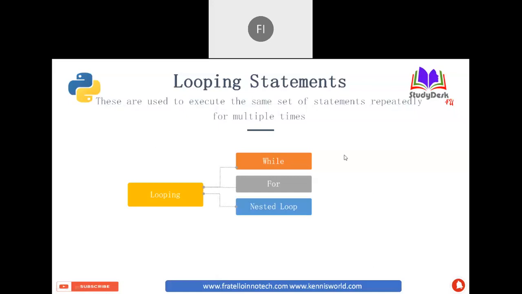Now, when will we use while and when will we use for loop? If you know the exact number of iterations, like maybe you want to repeat the loop 10, 20 or 30 times, or you know when to start and when to stop, for example you want to start with 1 and end with 20, a min value and max value, in such a situation we use for loop. So for loop is mostly used when we know the exact number of iterations.